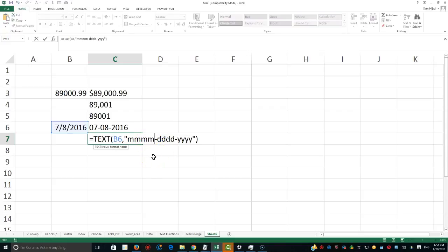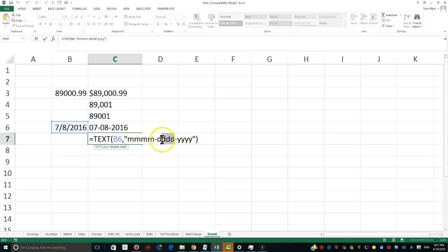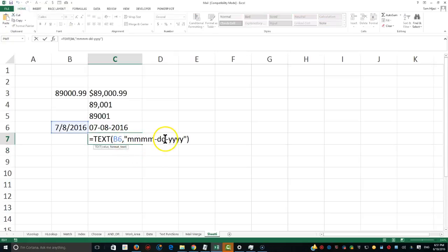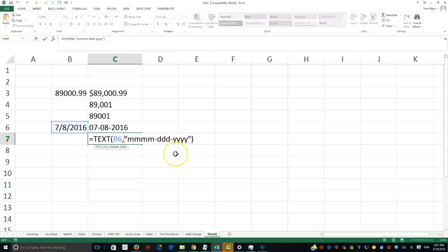If I put the other M for the month, it's going to give me the full month name. It's going to be July, Friday, 2016. And here we go. I know the date, but I want to know what the day actually is. Is it Friday? Is it Saturday? It turned out to be Friday. So if I have only one D, of course, you can change the format, July the 8th. And if I wanted to have 3 of those, you're going to have a short meaning for the day, FRI. All of this can be accomplished, so you will be able to control or format your output very easily, and you can stun somebody with your ability to show them all these different approaches of